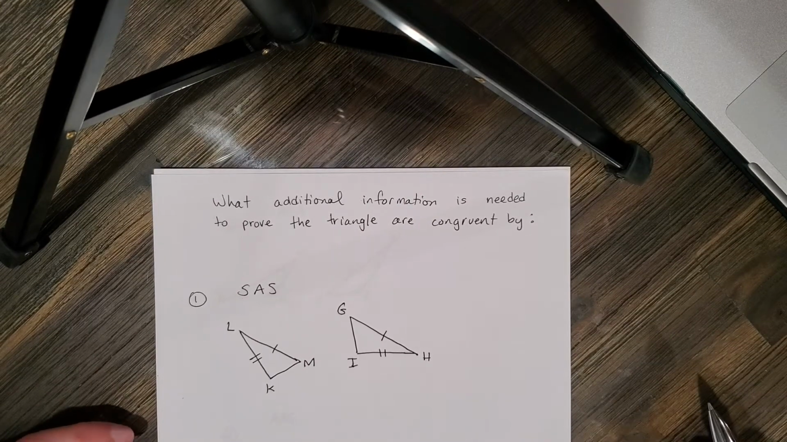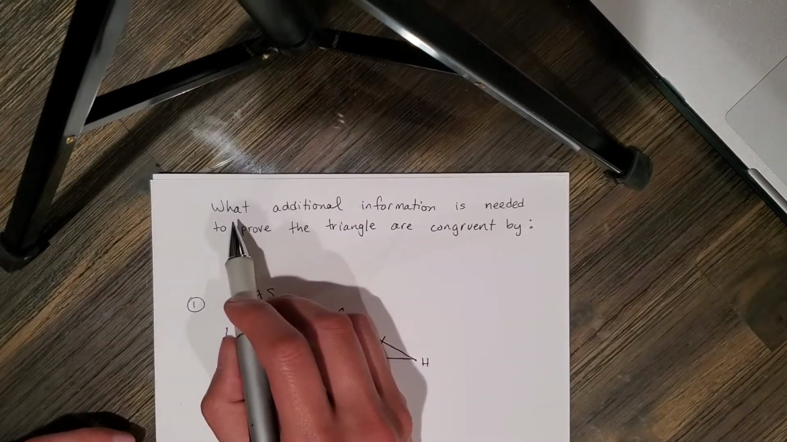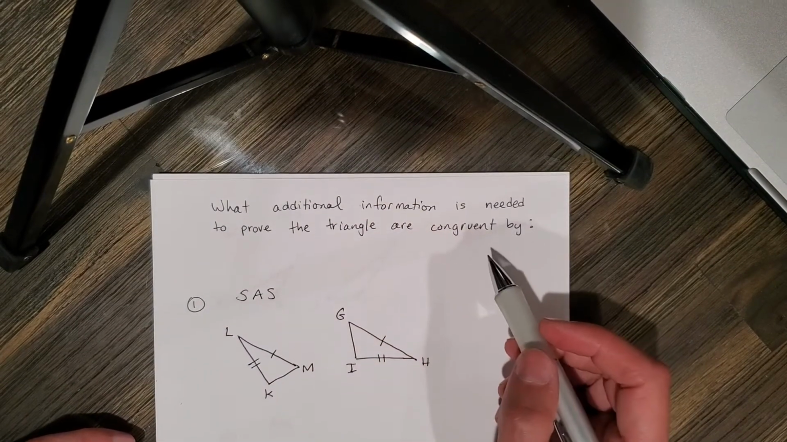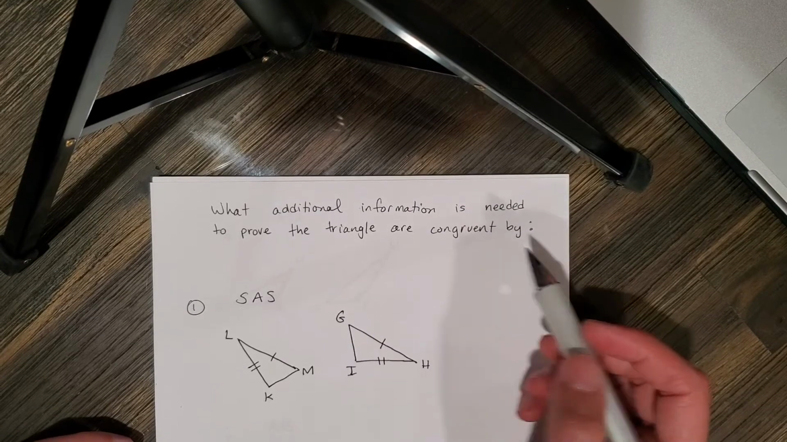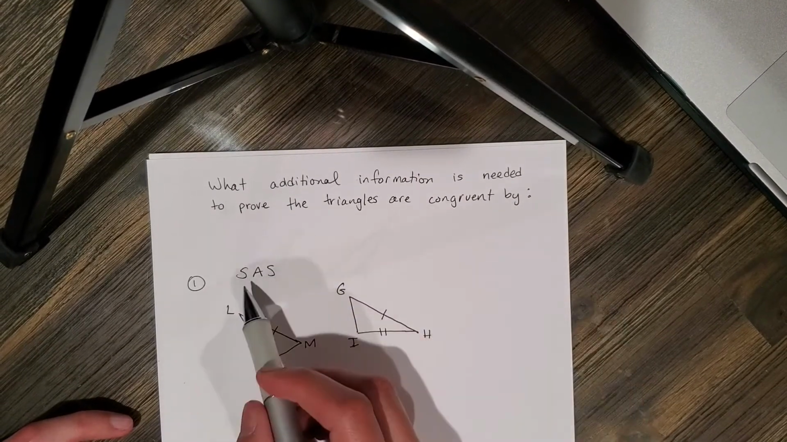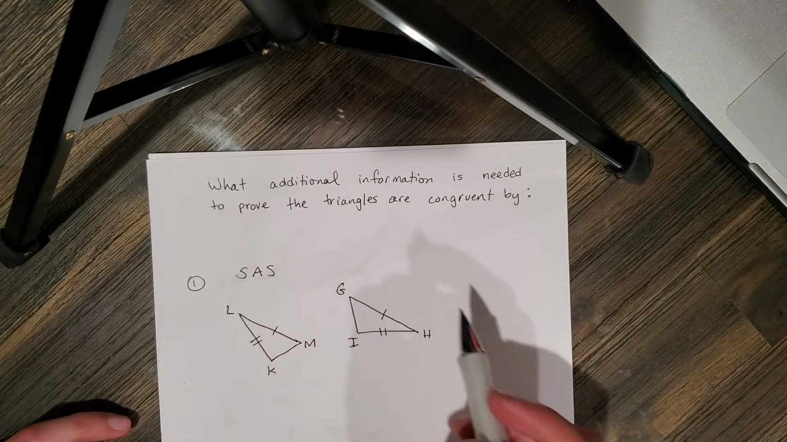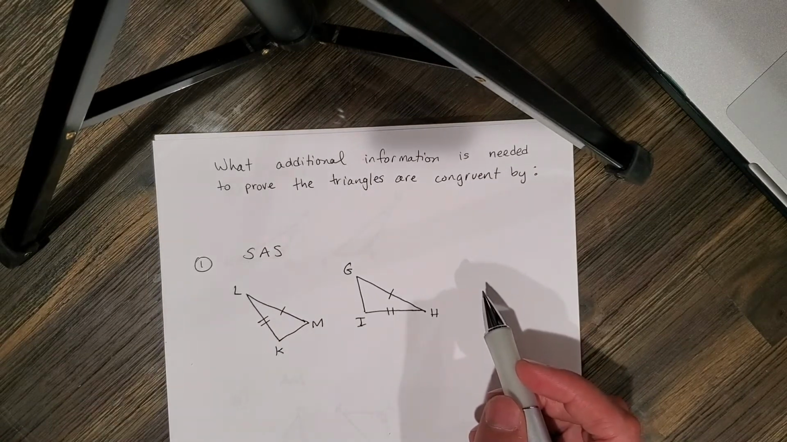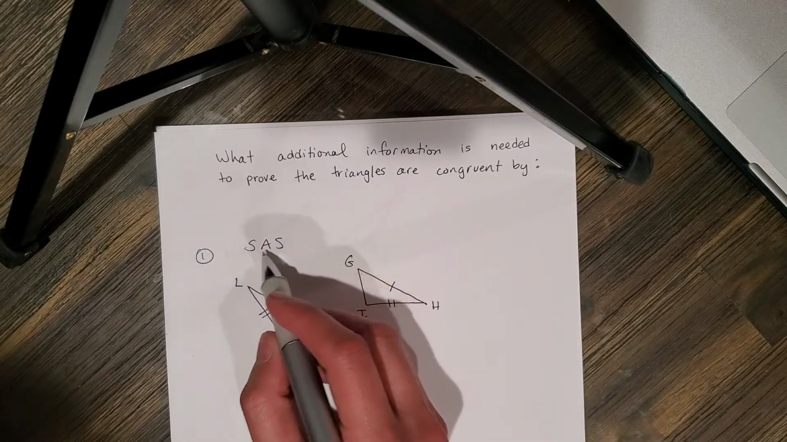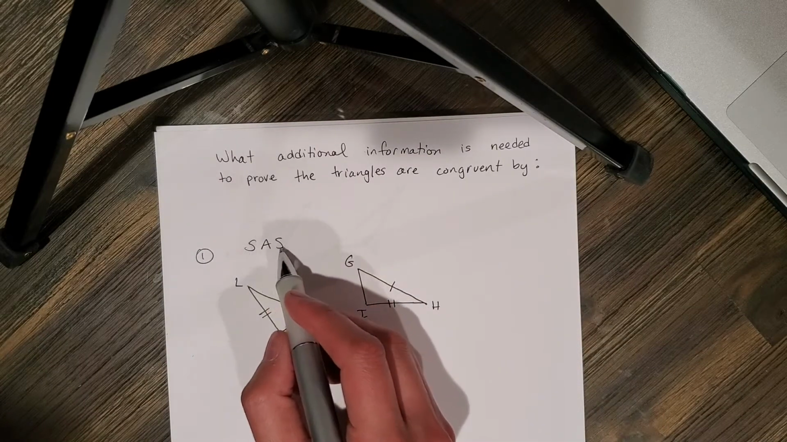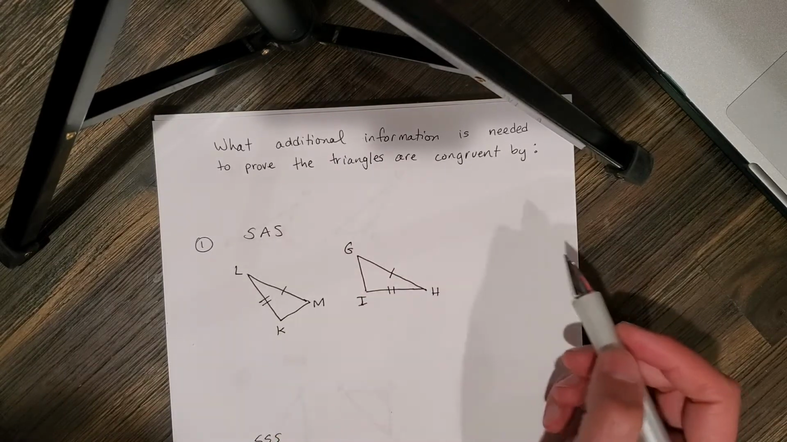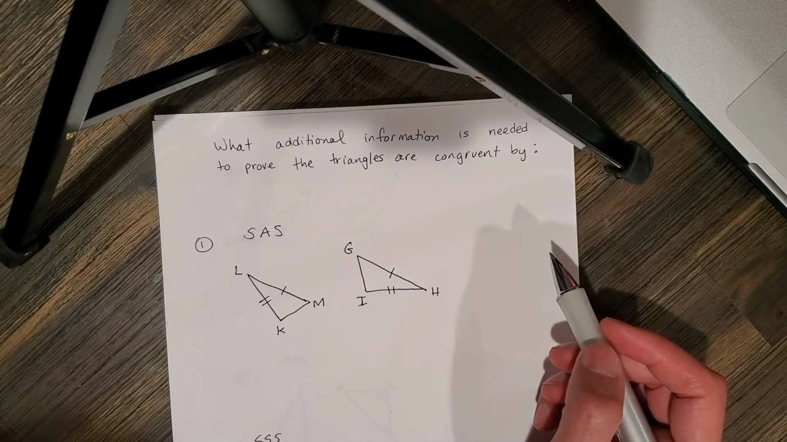So today we're going to go ahead and look for the missing information on proving that triangles are congruent. Okay, so check it out. What additional information is needed to prove that triangles are congruent by SAS? We're going to be given all four triangle congruence theorems that we've learned so far. So SAS, remember, stands for side, angle, side. So we need to have two sides and an angle in between for the two triangles